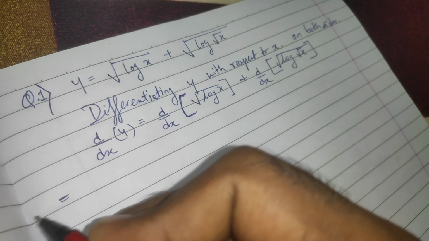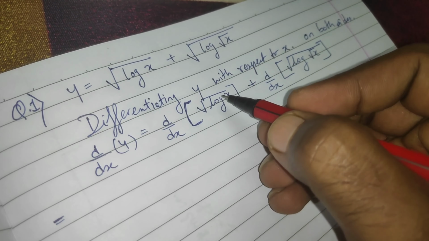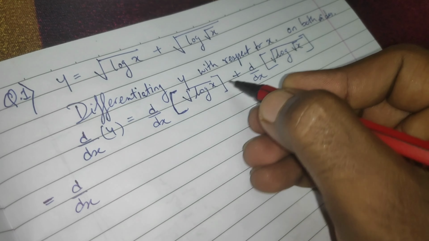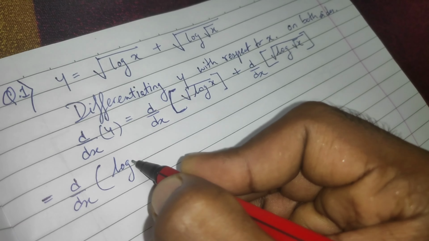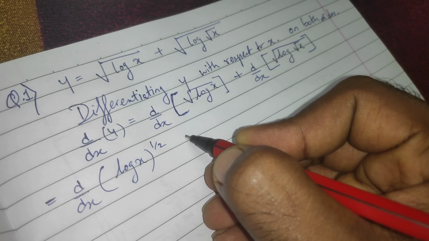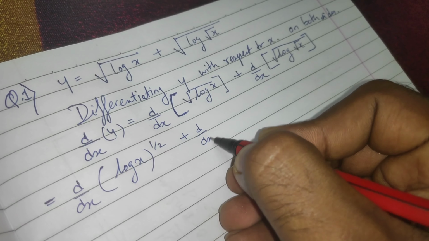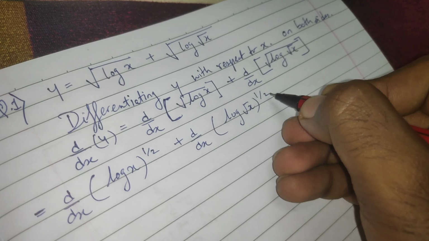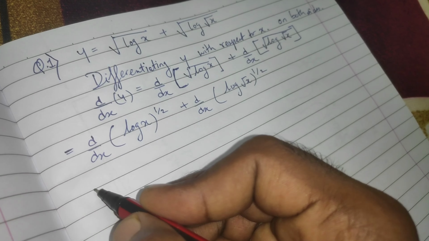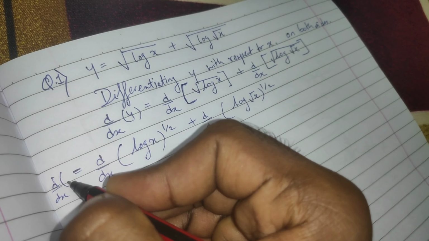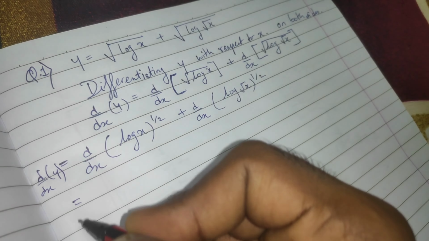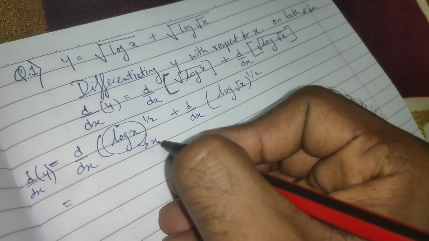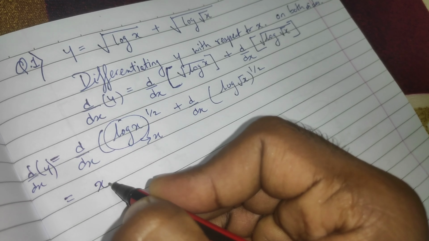roughly. So derivative of root x, how we used to write, derivative of log x raised to half plus derivative of this also, I can write log root x raised to half. So now here you have to consider log x as x, because we have the formula: derivative of x raised to n is nx raised to n minus 1. Okay,